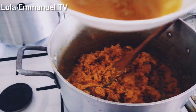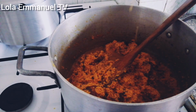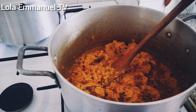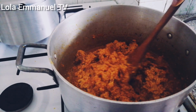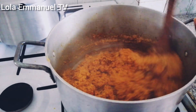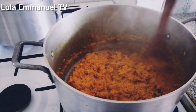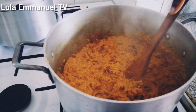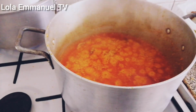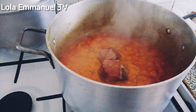Then I will go ahead and add the stock from the cow ear, and there's some from the turkey that I parboiled. Yeah, I love that stock from smoked turkey. It's very, very nice. I love it. I will stir it together and I will cover this again to cook, because I love to cook my egusi very well. Honestly, to make sure I don't perceive the